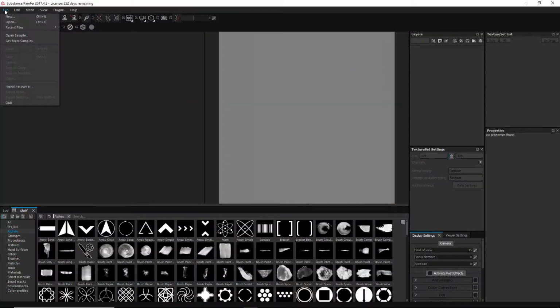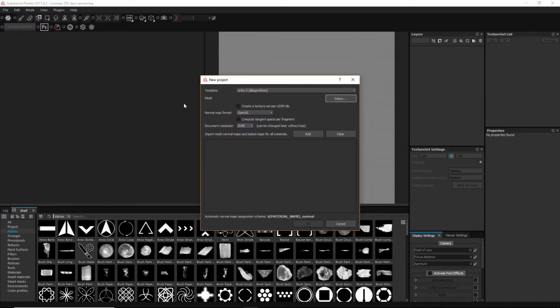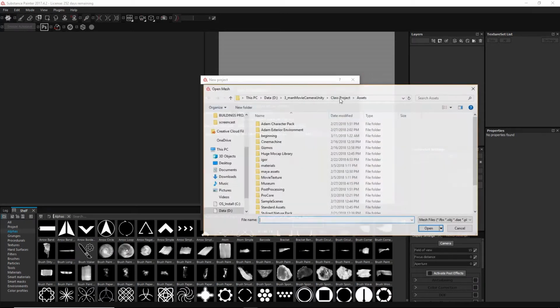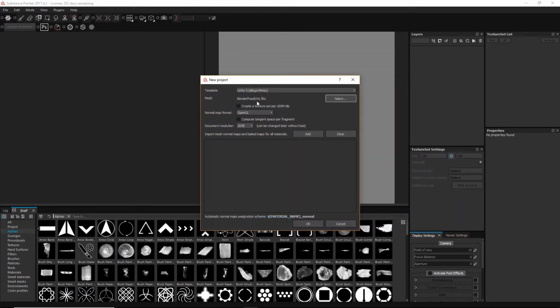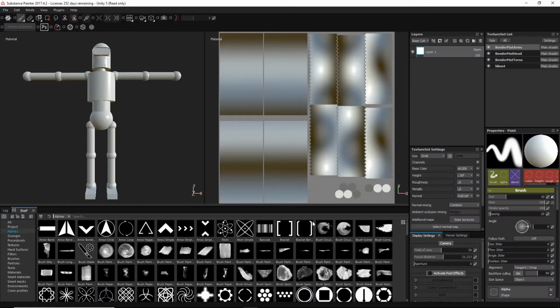Okay, so in Substance Painter, you just want to say New. We're going to go with this Unity 5 Allegorithmic template. We need to select our model that we've saved, Bender Fixed UVs here. Or not saved them, but opened them. This create textures per UDIM is actually if you have multiple UV sets for each object, which can be useful. That kind of buys you more UV space, more maps, but we're going to leave that. We don't have that for this particular model. We don't have any baked maps yet, so we'll say OK. Should open our